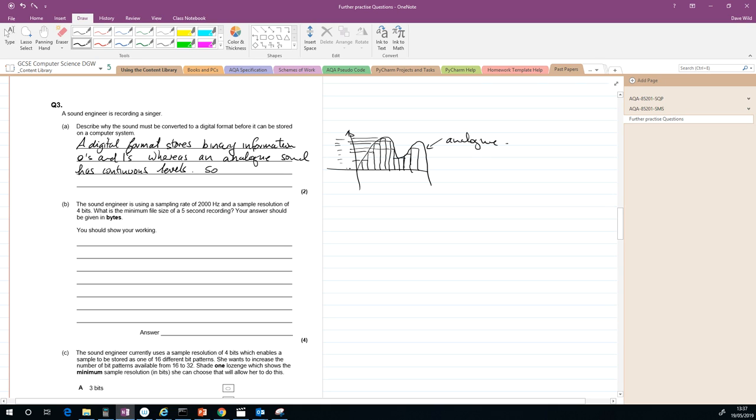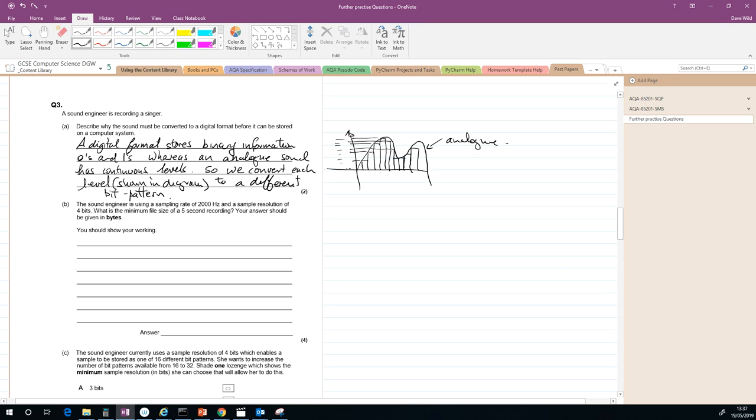So a digital format stores binary information as zeros and ones, whereas an analog sound has continuous levels. So we convert each level, shown in the diagram, to a different bit pattern,